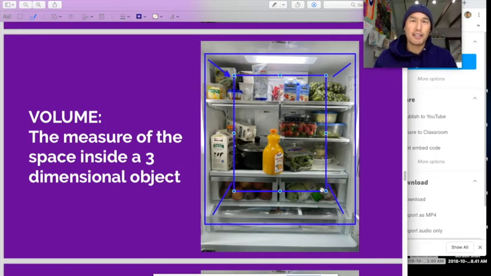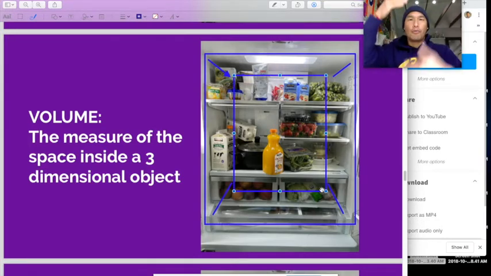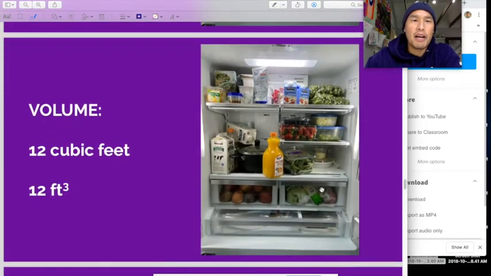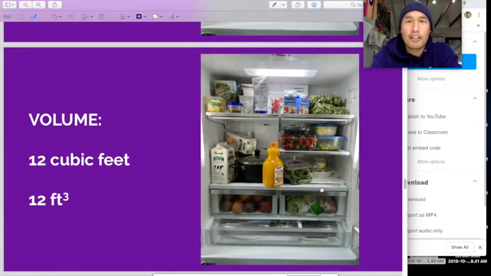It's all the space. It's the measure of the space inside that box, this big box in the case of a refrigerator. So your refrigerator is a rectangular prism, AKA fancy word for a box, a big box. It's got two sides that are rectangles that are exactly identical. Those are your bases. And the volume is the measure of what's inside. And volume is measured in cubic